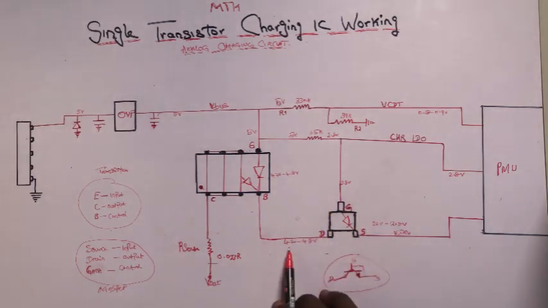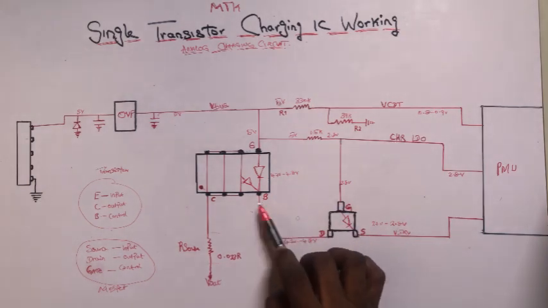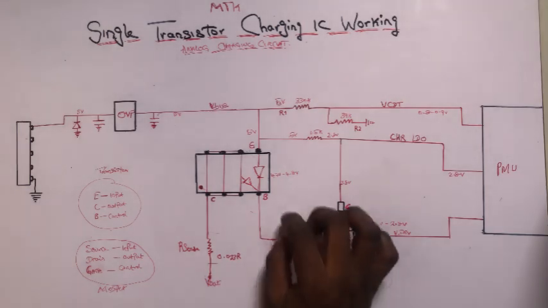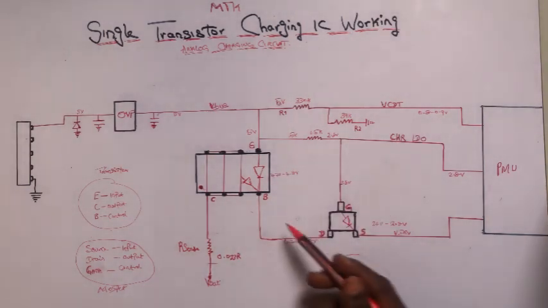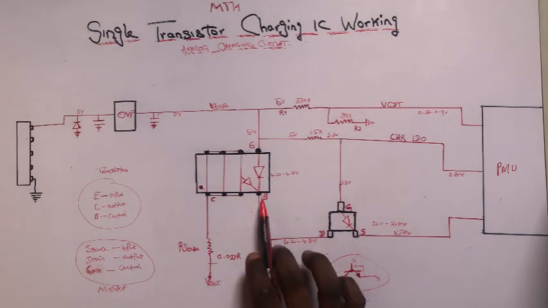So when it comes to this, there will be a higher voltage. Now this base will be triggered. This transistor will be triggered through this base pin. There's a certain threshold of voltage that is required to turn on this transistor. So if you only have 4.8 volts here and this source pin does not work, this transistor will